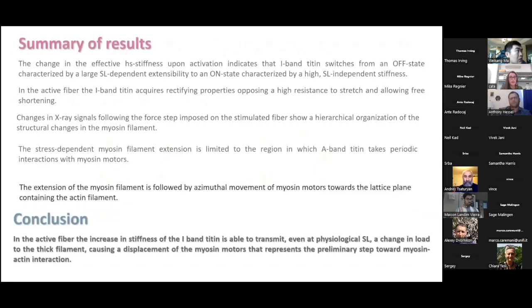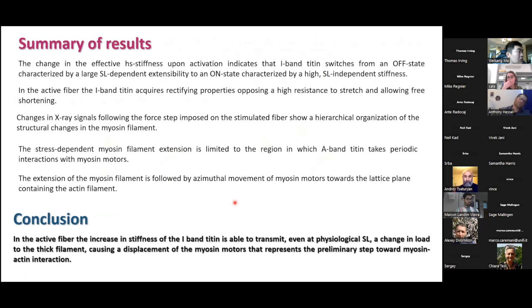So I have a summary of all the results of this talk. We have the change in sarcomere stiffness upon activation that indicates the switch of the titin from an off state, characterized by a large sarcomere length-dependent extensibility, to an on state, characterized by a high sarcomere length-independent stiffness; that in the active fiber I-band titin acquires rectifier properties, opposing high resistance to stretch but allowing free shortening;